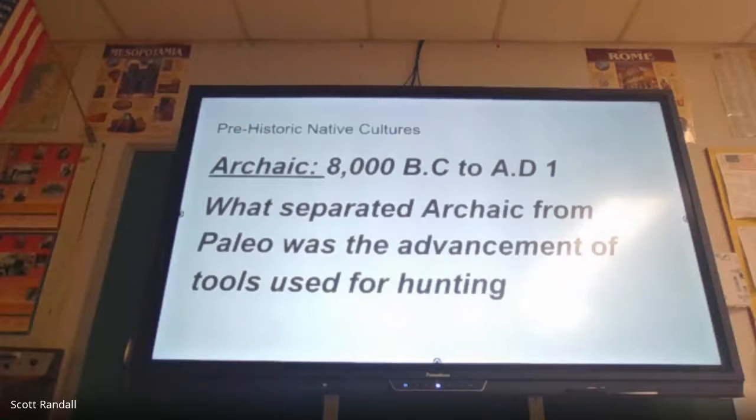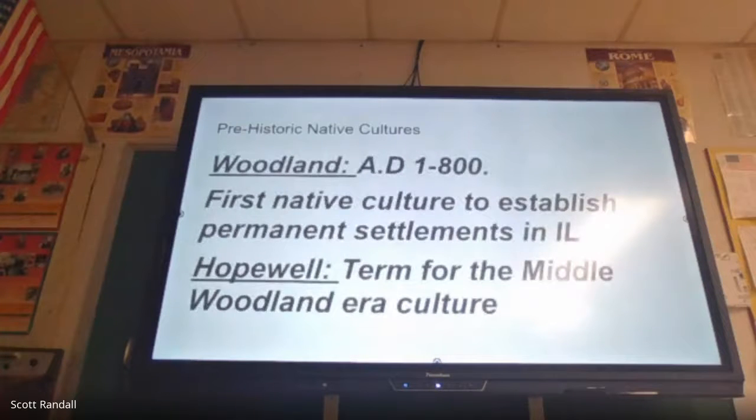Right? And so what anthropologists and archaeologists refer to as that next phase would be the Woodland era. You have early, middle, and late Woodland periods here. This is, they believe, the first native culture to establish permanent settlements. And you'll find the Middle Woodland era is the era in which we find probably the most